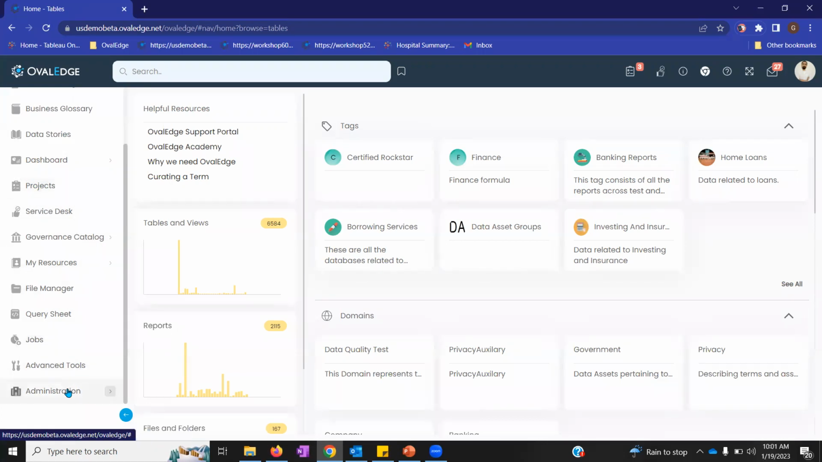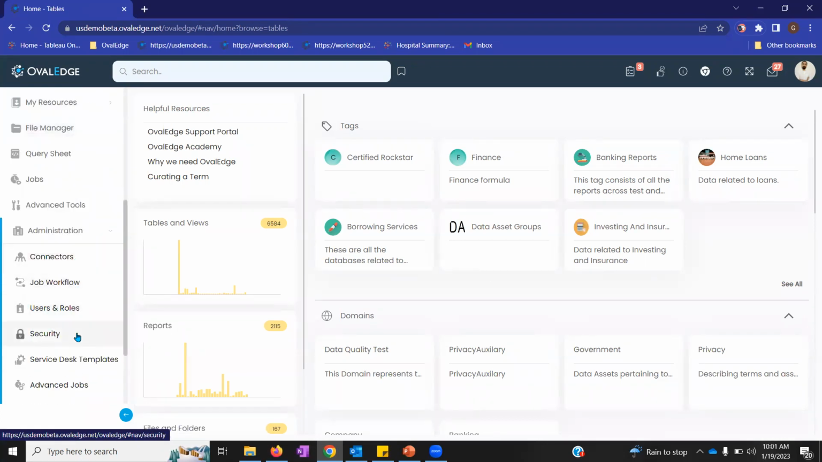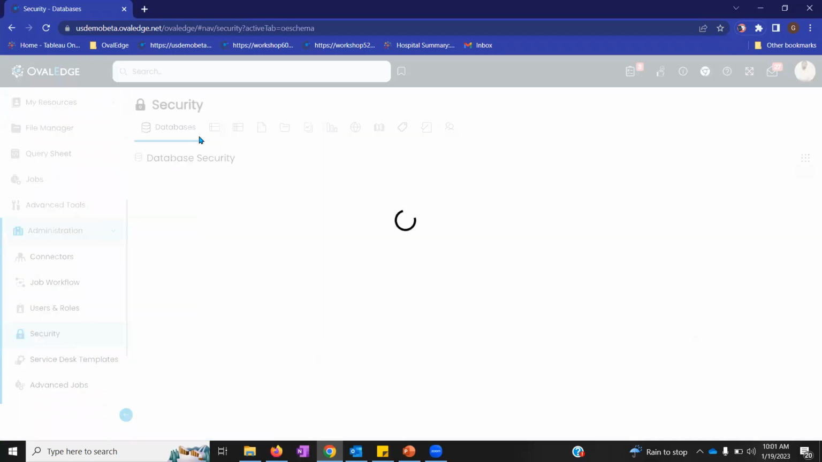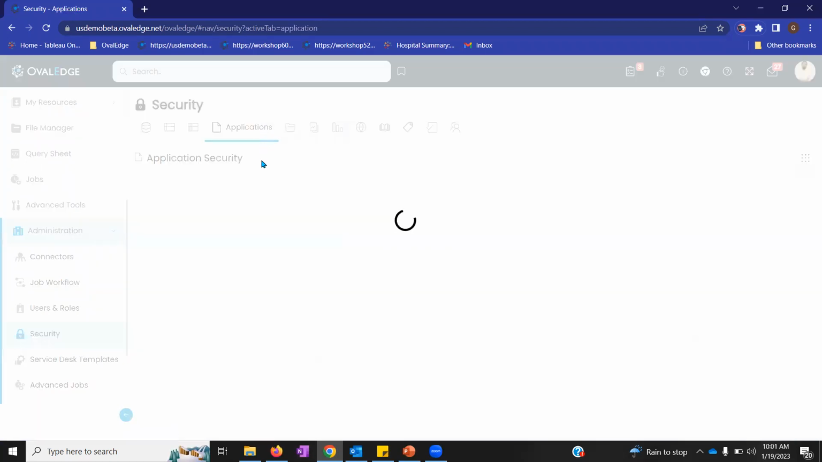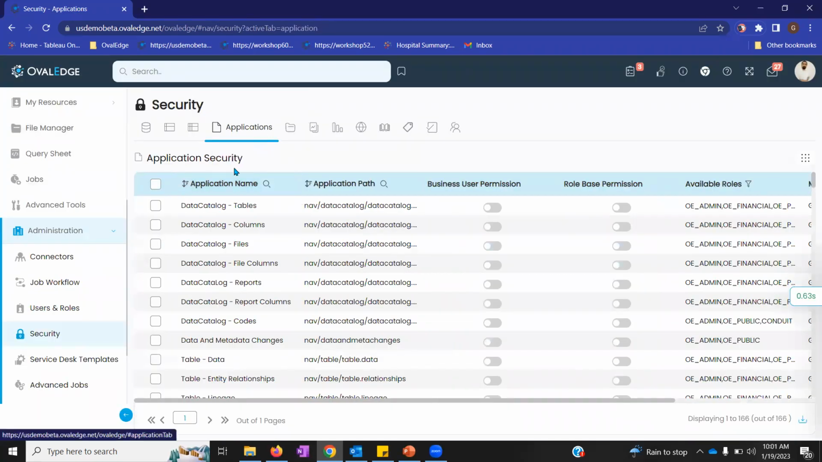In order to do that, you jump into the administration tab, the security module, and within the security module, we have the applications tab. When you click on the applications tab, you can configure application access right here. But before we look at the specifics in this screen, let's try to understand the types